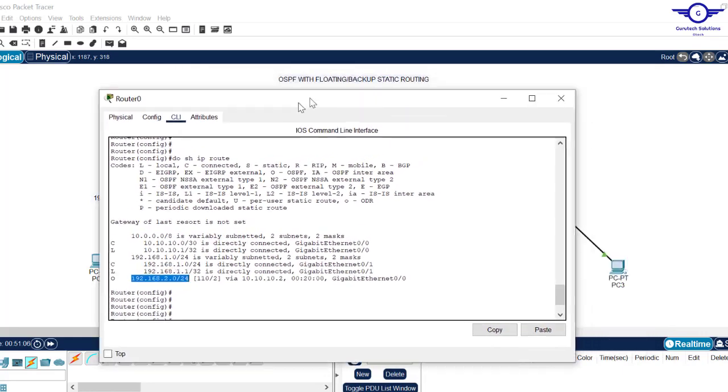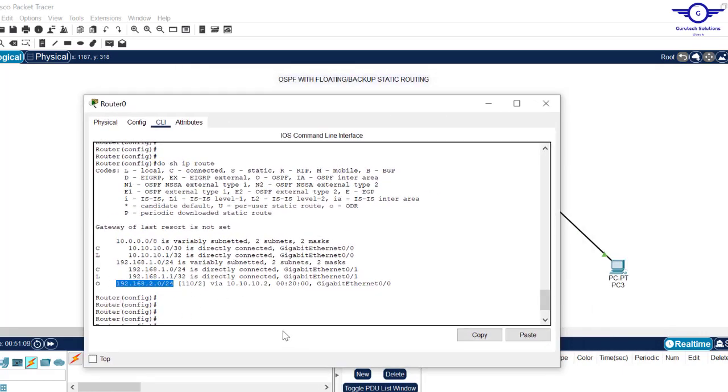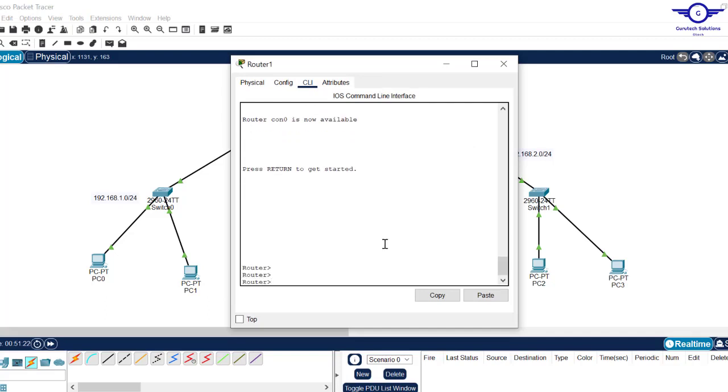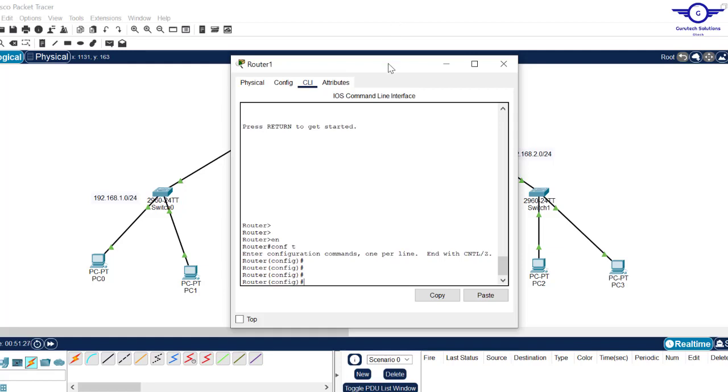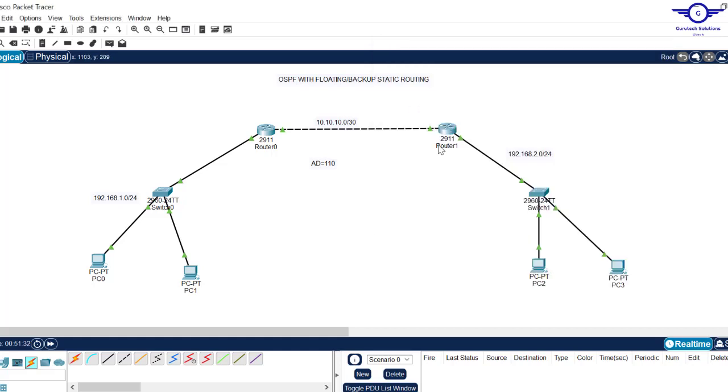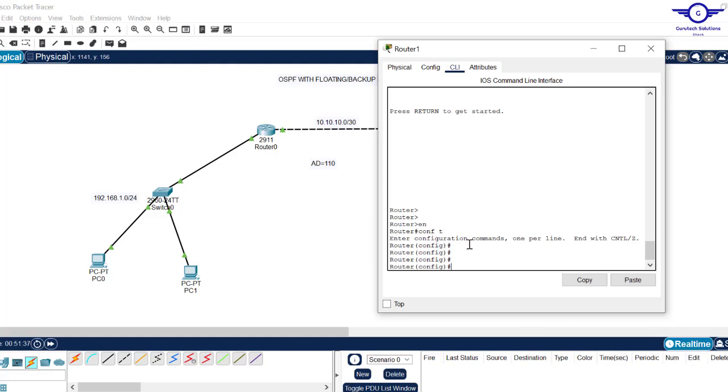So I want a scenario where OSPF will be dead. So let me go ahead and configure a backup static route here to back up OSPF. I'll go to the same router, enable, config t. Then we just configure a normal static route to this network. So we are telling this router that if you want to go to the destination,